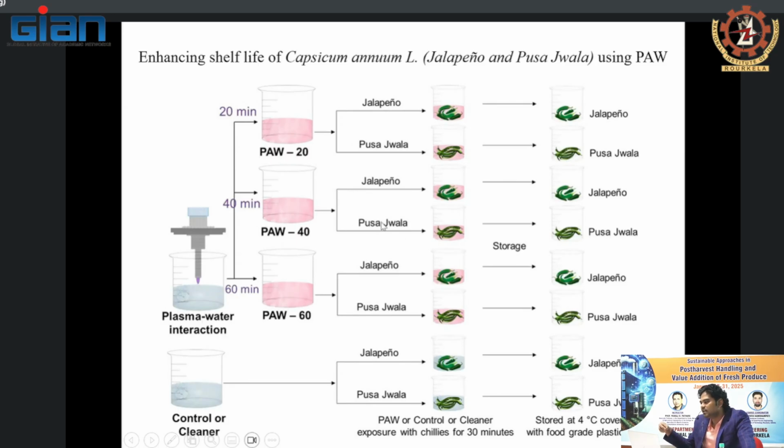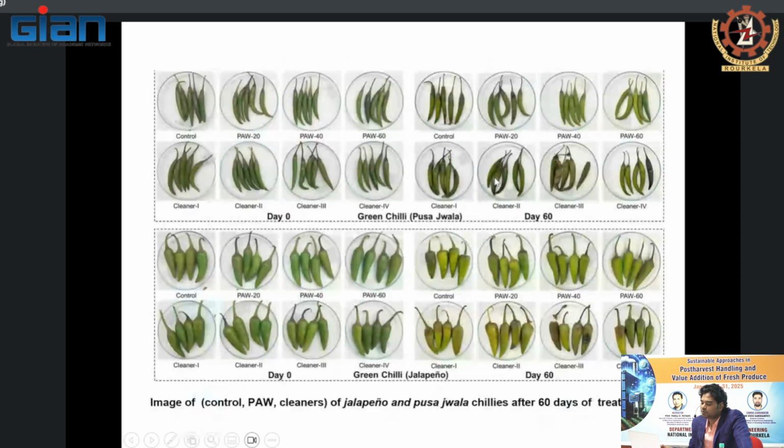Similarly, it is treated with commercially available cleaning solutions like pesticide removal solutions or vegetable wash solutions. And then we have tested the quality parameters. Like for 60 days, we have stored these green chilies and evaluated the parameters. So you can see in case of 60 days,